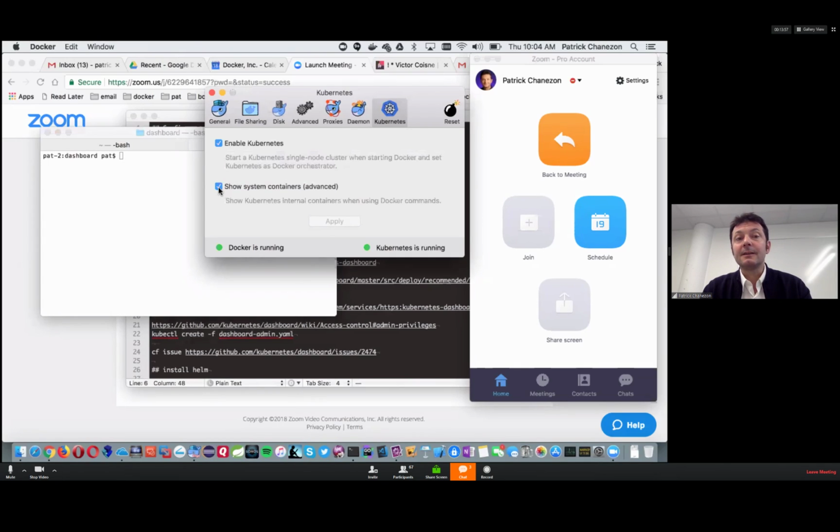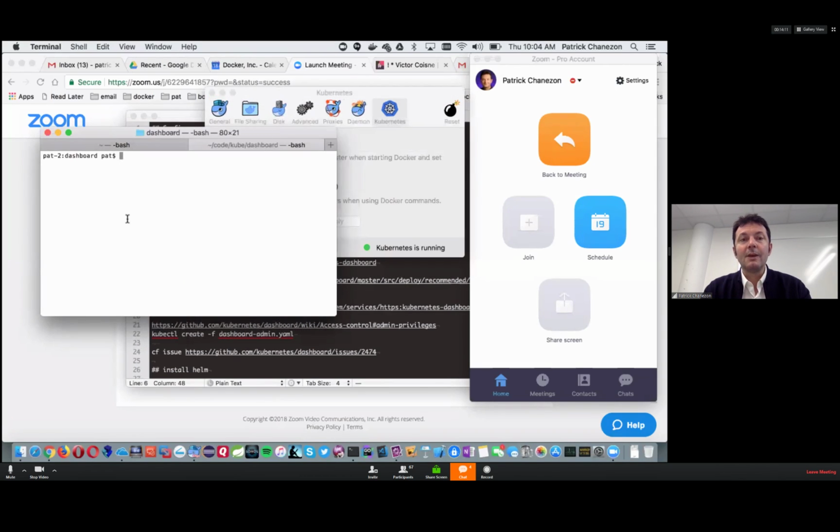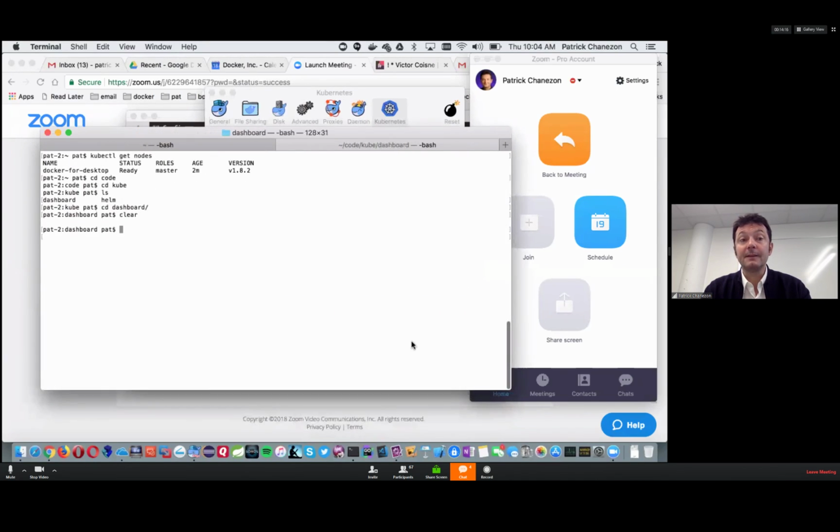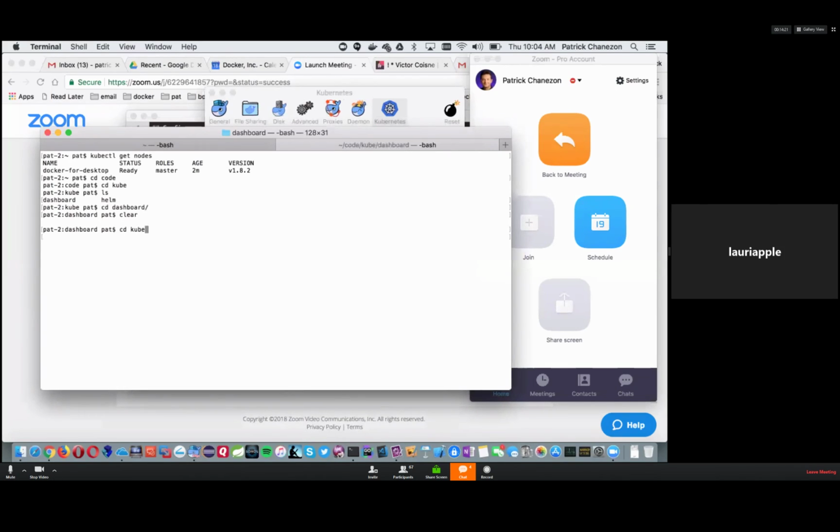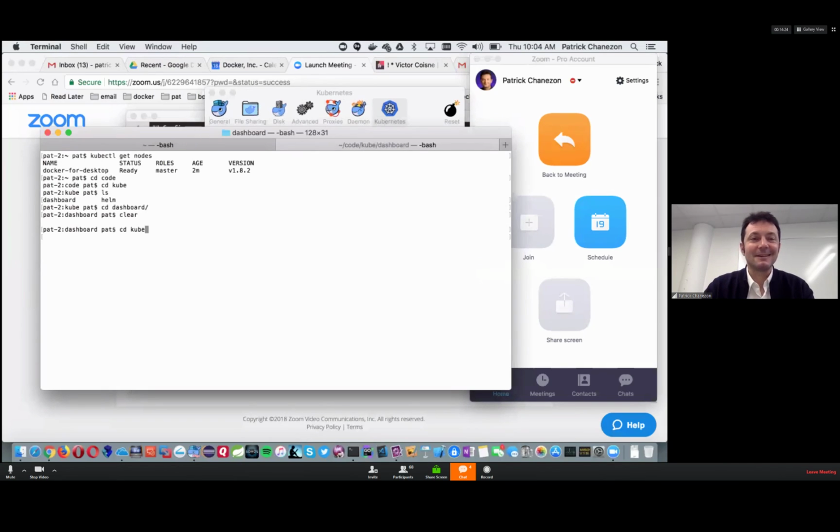And here I say show system containers because I want to see the Kubernetes containers running in there. So here I see that Docker is running and Kubernetes is running. When you install Docker for Mac, it installs kubectl, or however it's pronounced these days. So I can do a kubectl get nodes, and I'll see that on my Mac I have